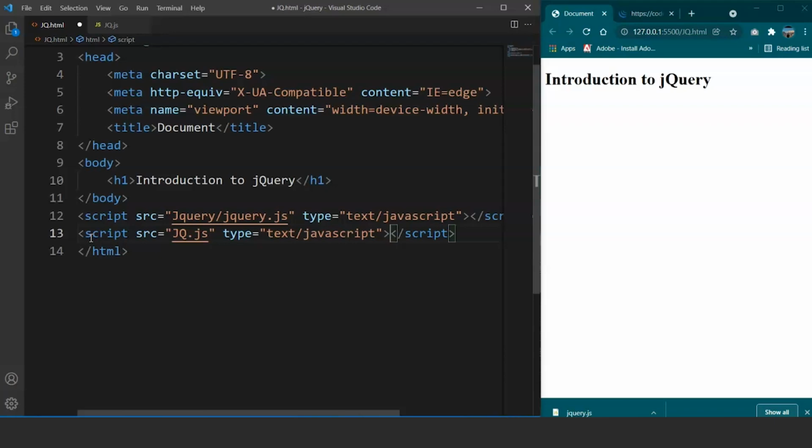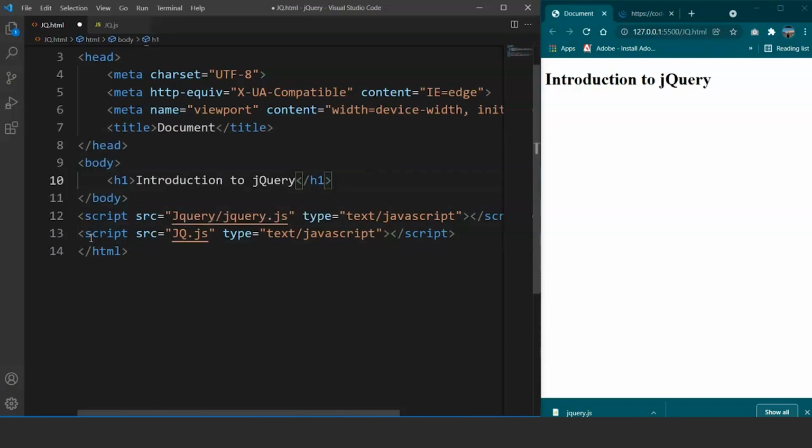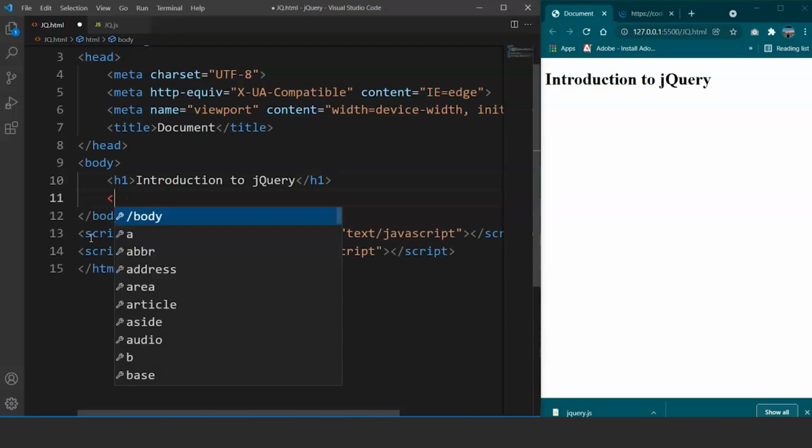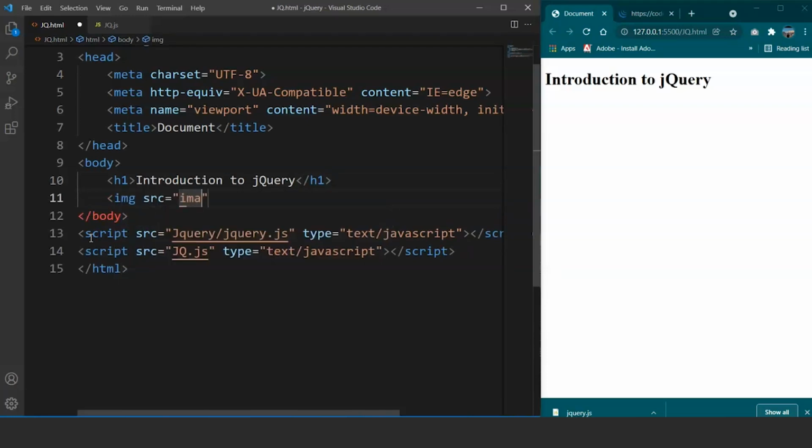Let's find out how. So first thing first, what we'll do is we'll add an image. So we'll add an image to a HTML file. So here what we'll do is after this h1 tag, we'll write here img src is equals to images slash jq.png. So this is the path of our image wherein we have saved our image already. We'll write here alt is equals to js, and we'll use the id attribute. So let's say the id is img1 for this image.